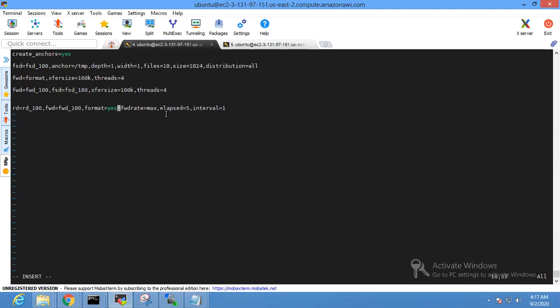And format yes is used basically just to ensure that we are not overlapping, since we have multiple threads. If you increase a lot of threads and you're writing small files, a thread just completes its process very fast. Then I again try to open the same file, which can lead to data corruption. That's why we say format yes, then every time it's a fresh device to be written, so that we don't have any data errors. Elapsed is the time interval.